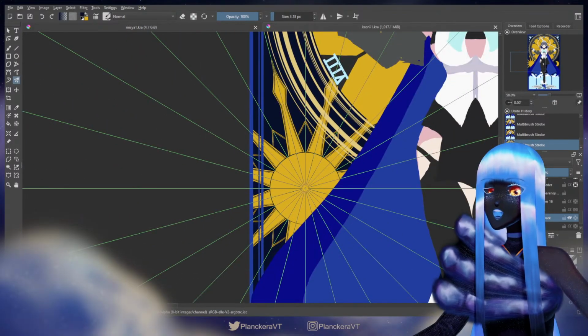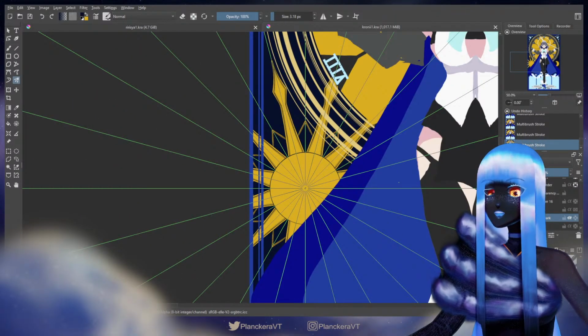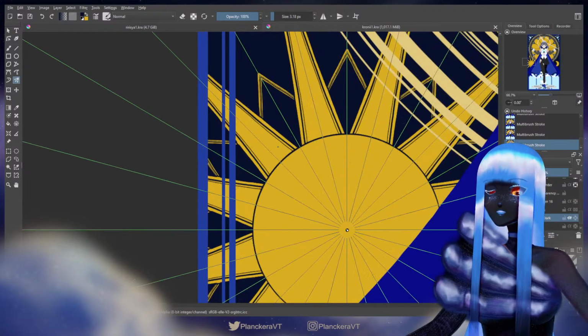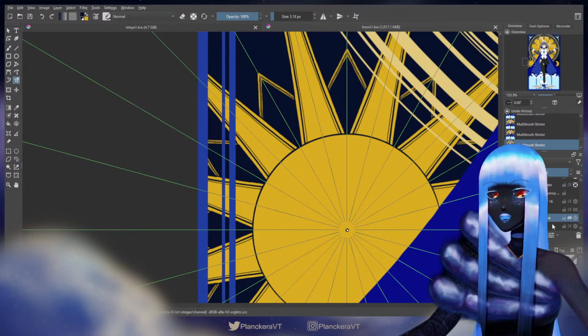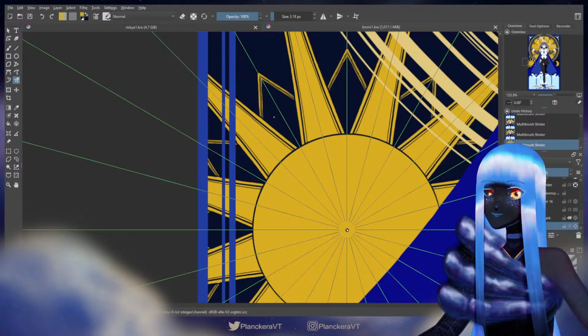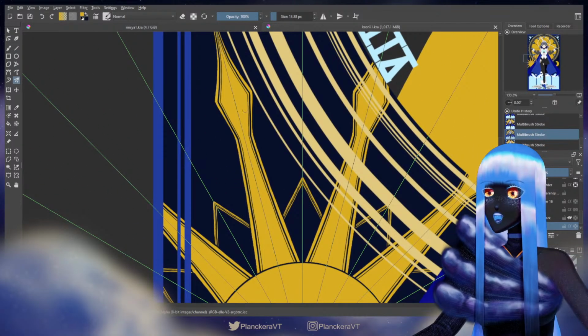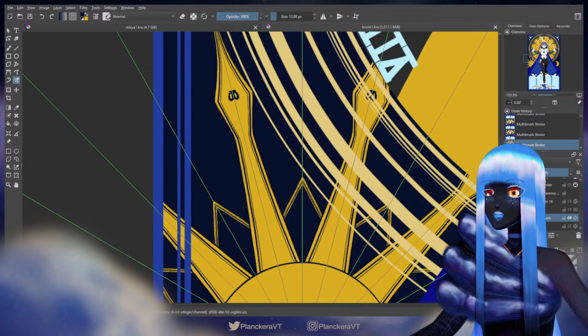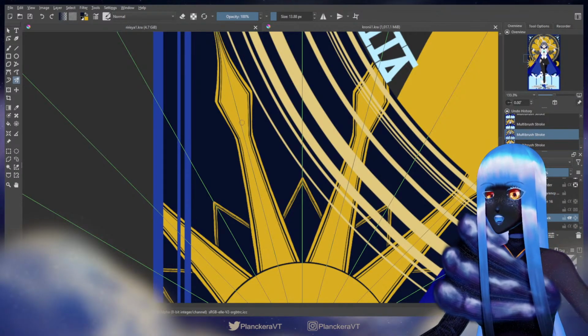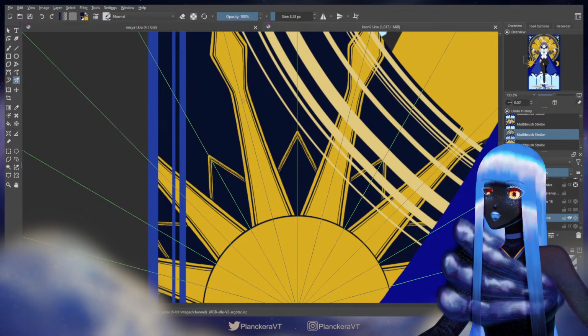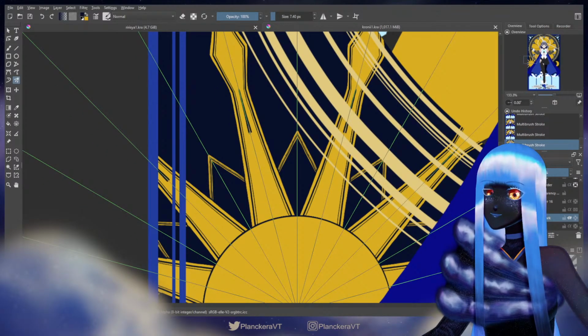I'm probably gonna have to start with the rest of the patterning on this next time, just because I'm not entirely sure what I want to do for the rest of it. I can tell you that I want to put something in here, but I don't know what yet. And I want to have something in here, but I don't know what yet. And I want something going down here, but I have an idea for that one. So I'll go ahead and draw that now. I think it's just gonna be a line.